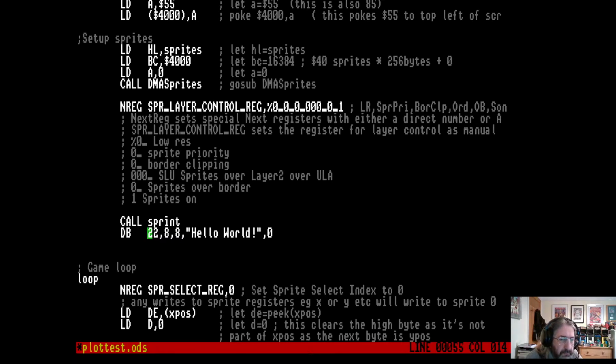But because we pop that into HL and use that to call print, and then print will return with HL being, it'll print all these characters, and then after the 0 it'll return, but after increasing HL, and when it returns it jumps to HL, so it jumps to the instruction after, which will be our next instruction. So if we save this,